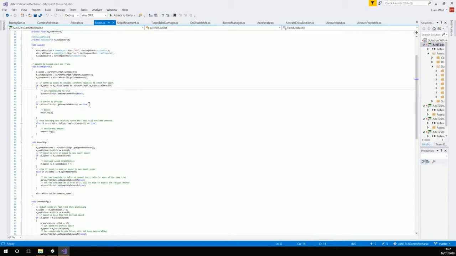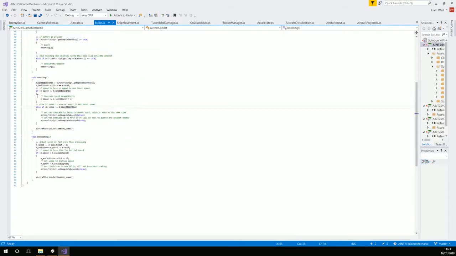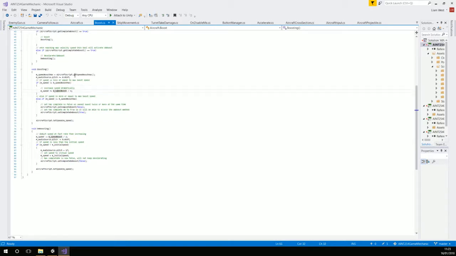And what this was doing was it was going through these over and over and over again, and if I put a while loop in here, the game would crash. So I had to use if statements, if and else. So basically here we're checking if the speed needs increasing. If so, do so here. Once the speed is hit max, then set the speed boost to false, and then we can start the deboost set method here. If we go to acceleration,